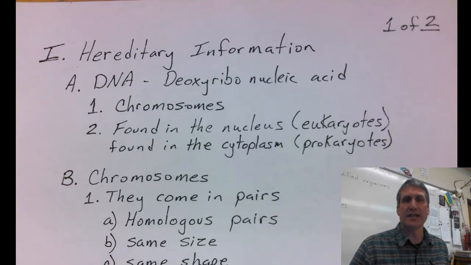In this video we're going to talk about genetics, which is the study of how characteristics are passed from one generation to the next. Humans recognized that the offspring of organisms tended to share many of the characteristics of their parents. They knew that something had to be passed from one generation to the next, but they weren't quite sure what it was. We now know that this information is passed in DNA,